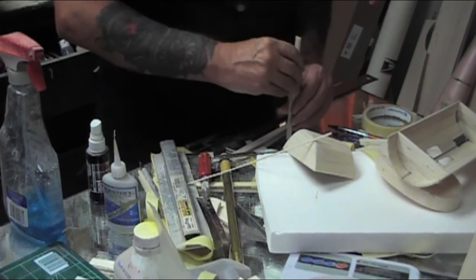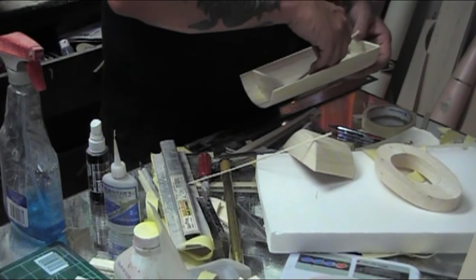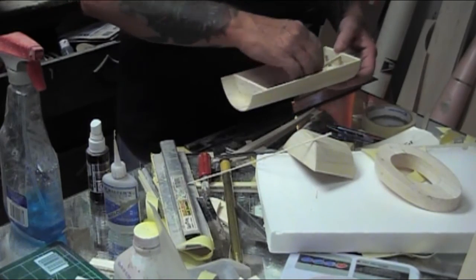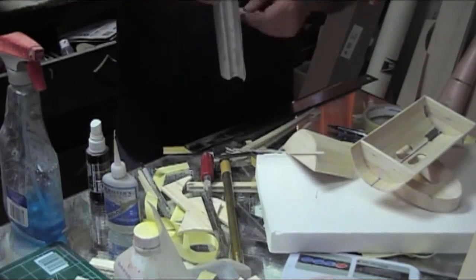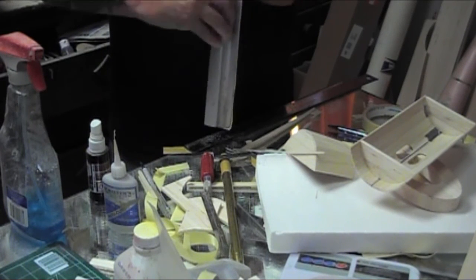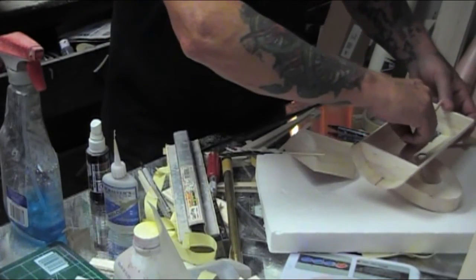Going to have to clean the shop up today. And I'm going to do, even though I don't have the wood for doing the Excalibur, I'm going to show you how I'm going to cut the holes for